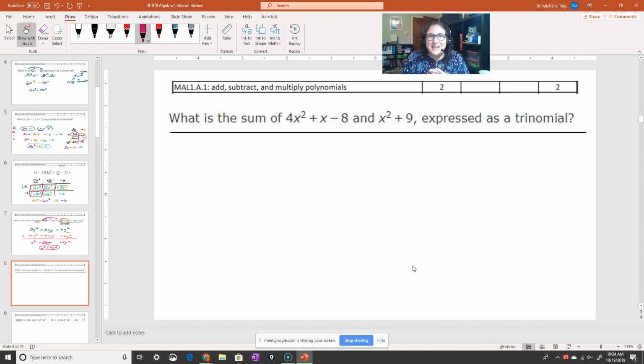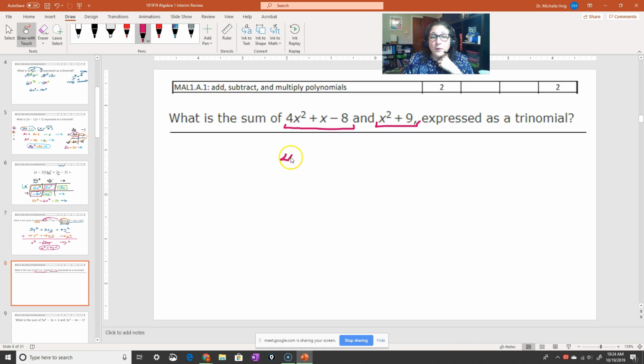Okay, next is sum. So I showed you the subtraction first on purpose because I wanted you to think switching signs, but I want us to practice adding one more time. Remember, sum is addition. So again, I'm going to write everything up. I notice here that this is 3 terms, and I notice here that this is 2 terms. So for me personally, I always like to put the longer one on top because it's just easier for me. You do what you want to do, but for me, I always put the longer one on top.